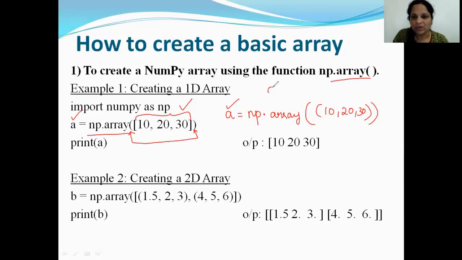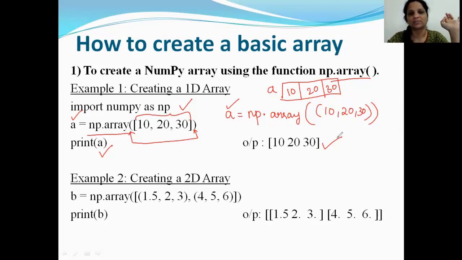So in memory, you are creating an array named a, and in that array you have stored the elements 10, 20, and 30. Now when I say print a, it displays the elements like this. Remember, whenever you print an array, the elements of the array are always printed in square brackets.